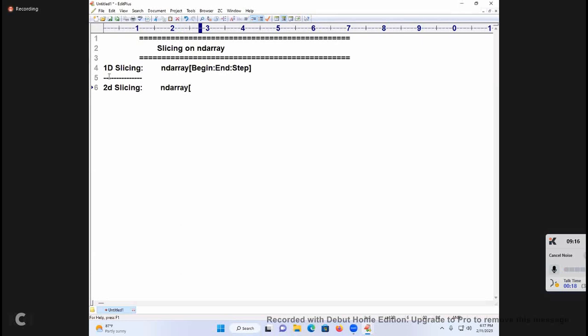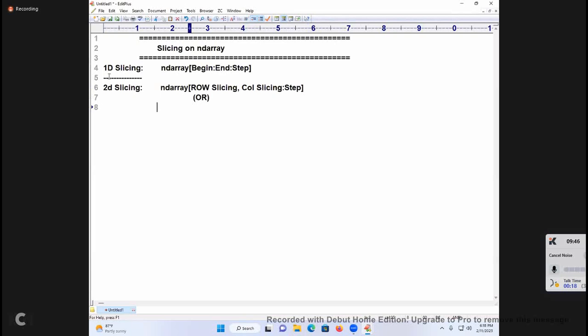There also, what will come? Row slicing will be there, then a comma. Next, column slicing will be there. After that, step is also there. In row slicing, what is there?